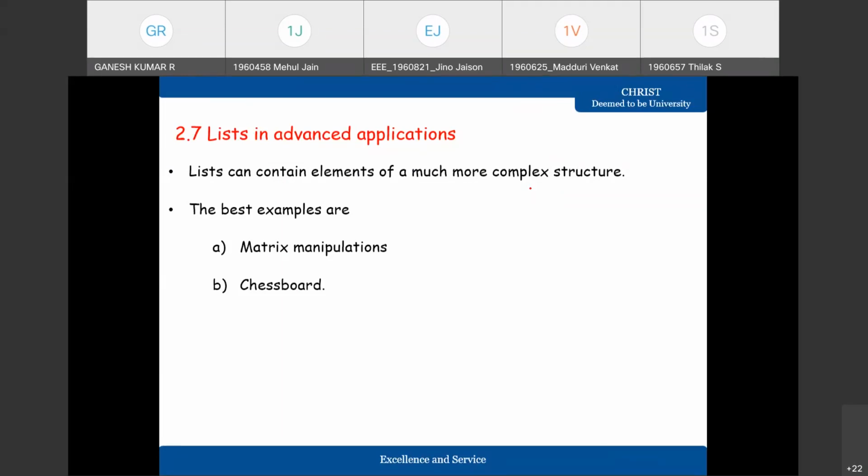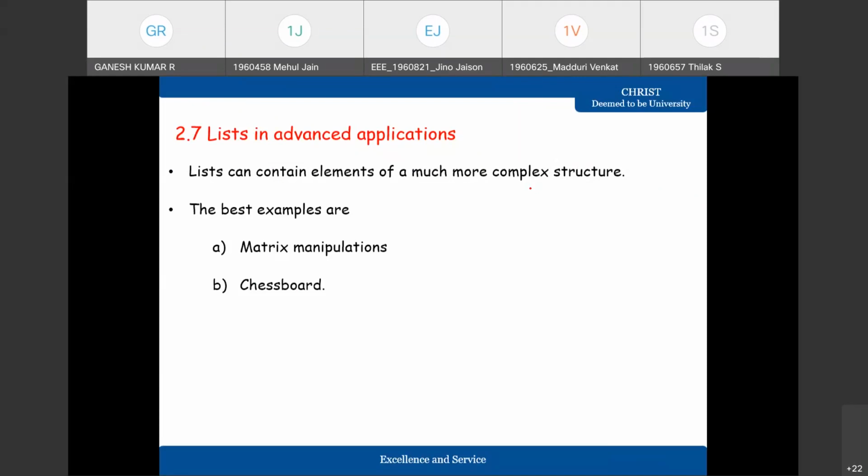Different data, I mean integer, float, characters, and strings are also included. And we had discussed various manipulations like slicing, concatenation, repetition, finding the length, substring, deletions, and so on.